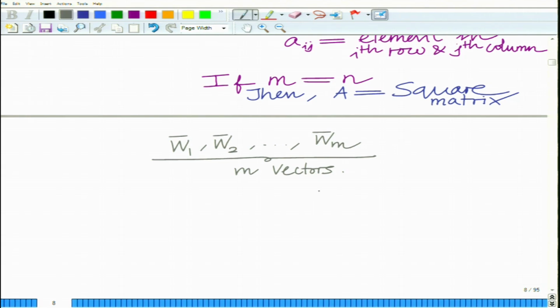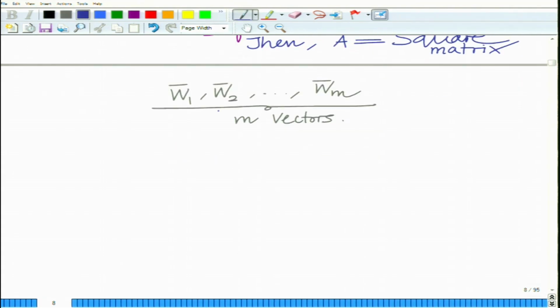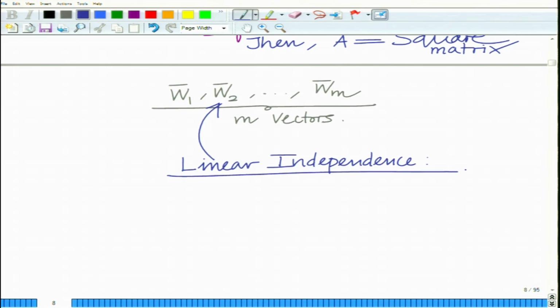Okay. Then now these vectors are linearly independent. Now, this is an important concept. So, these are linearly independent